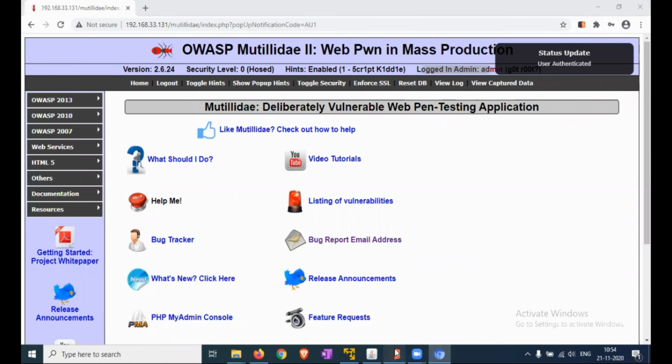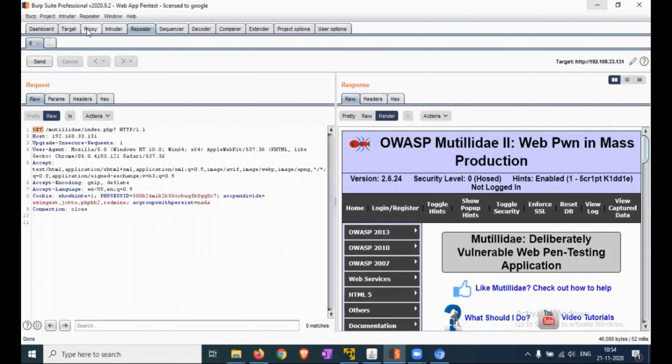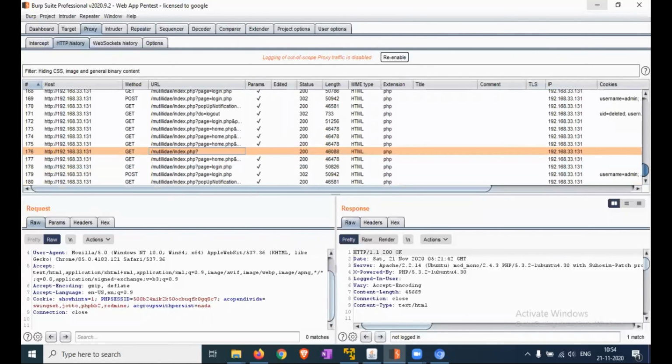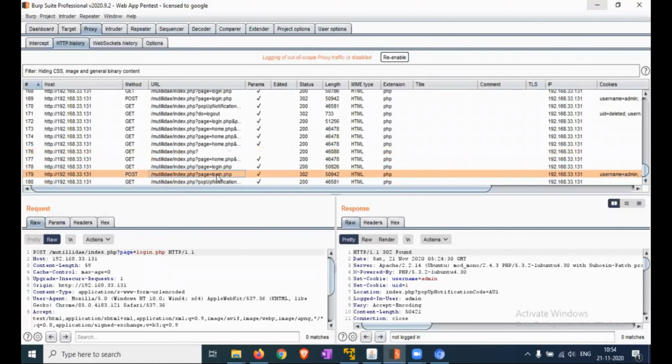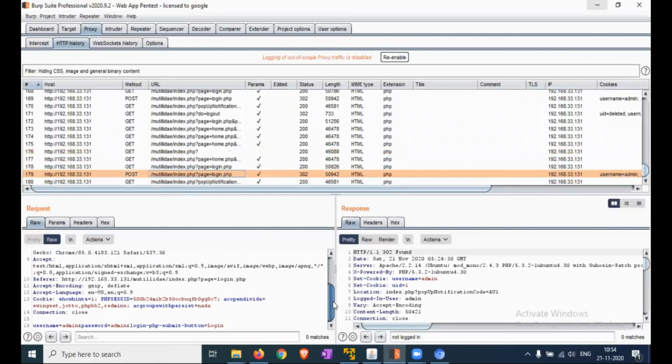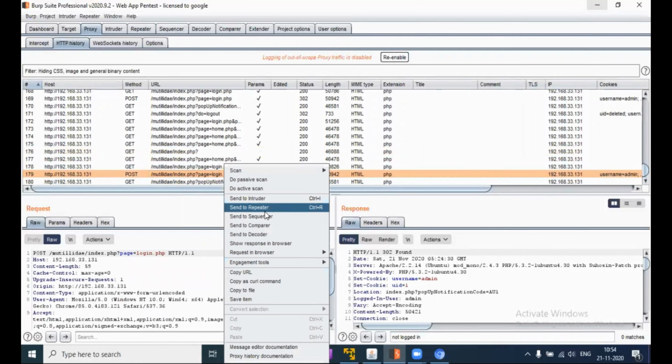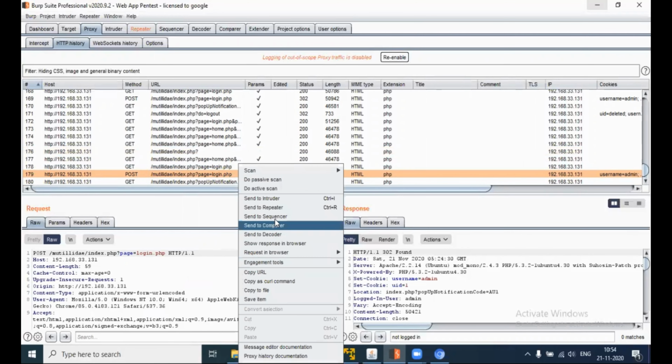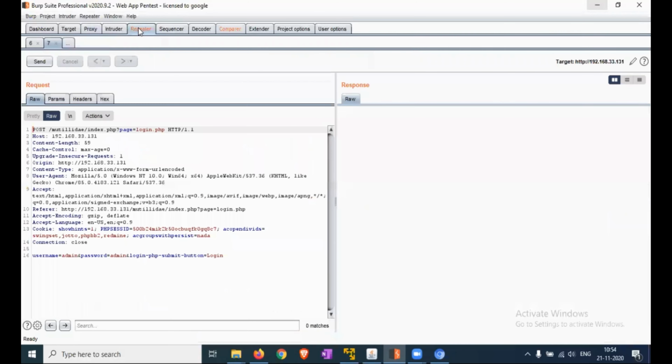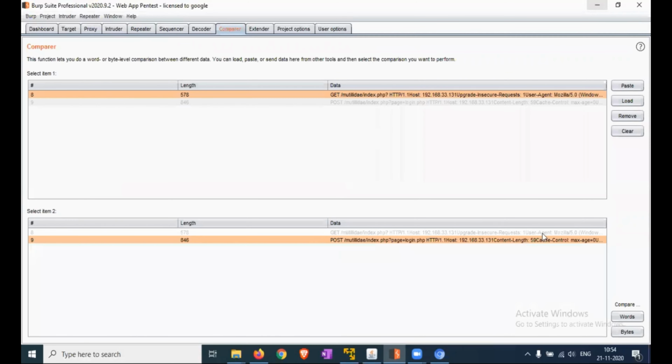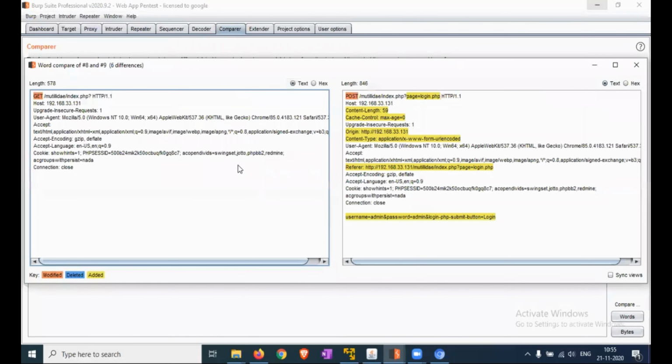Okay, just checking the request. Send this request to Repeater and Comparer. In Comparer, you can compare both requests. The first request is without login, and the second request is with login. So you can find the keys modified, deleted, or added.